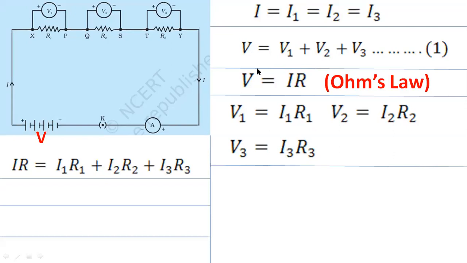But you already know what is the value of I1, I2 and I3. All these three values are equal to I. So I am going to replace the value of I1, I2 and I3. I will just write down I. In place of I2, I will also write down I. In place of I3, I will again write down I only. Why? Because all these currents are same. So I can use just one letter for them. I.